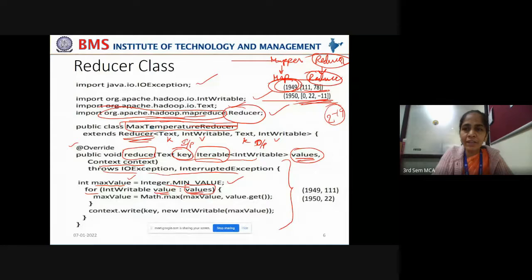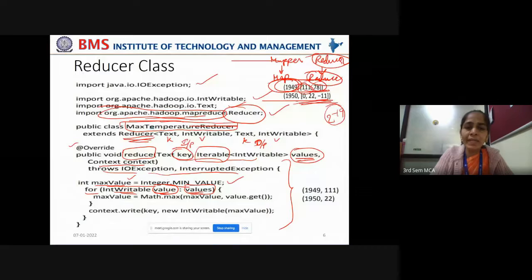In the first iteration, the first value will be taken. In the second iteration, the second value will be considered, and so on. Right? So each value is taken into value, and this value is again of integer type. In Hadoop, it is IntWritable.